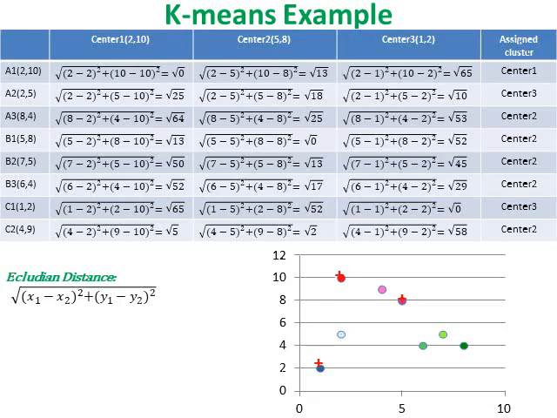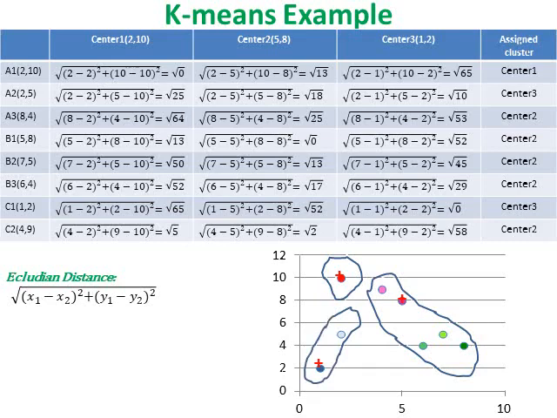In the same way, you should calculate the distance from each data point to each center and assign each data point to the nearest center. A1 belongs to center 1. A3, B1, B2, B3 and C2 belong to center 2, and these data points form one cluster. A2, C1 belong to center 3. These data points form another cluster.